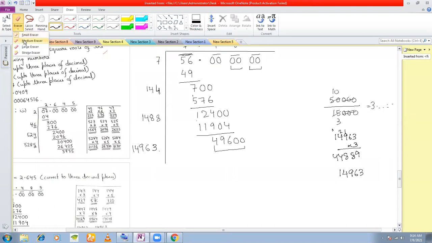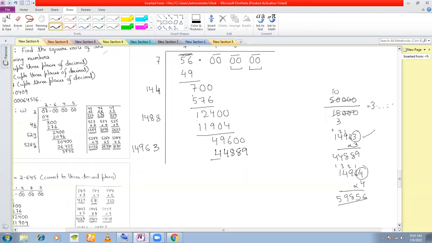14964, in fact. We are now inserting a 4 here. Multiplying, you get 59,856, which is greater than 49,600, right? So therefore, we keep the digit 3 here. 3 is acceptable. 4 is not acceptable. So instead of putting a 4, you put a 3 only here. And putting a 3, you get 44,889.